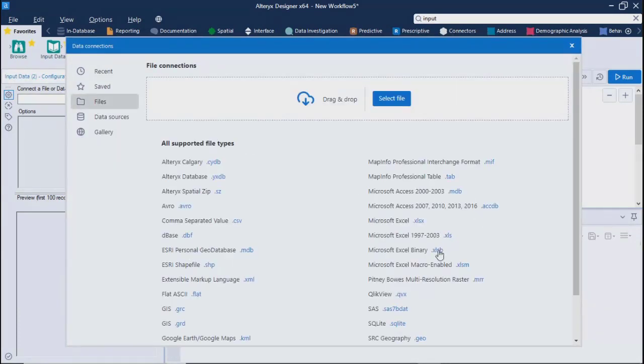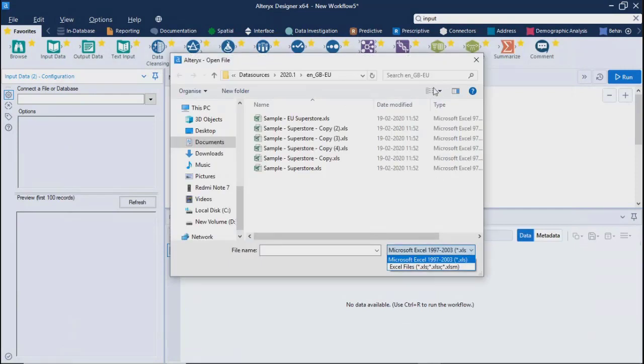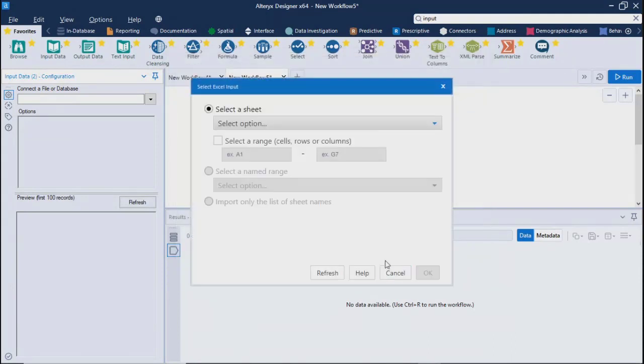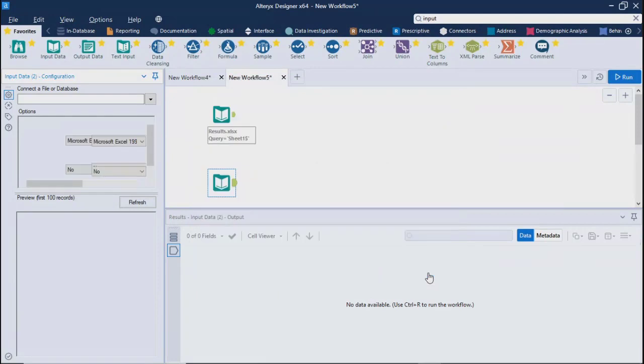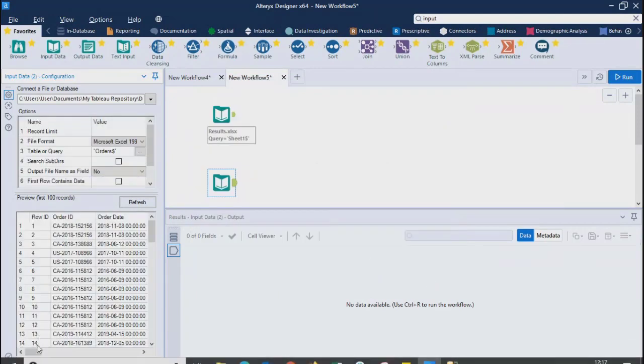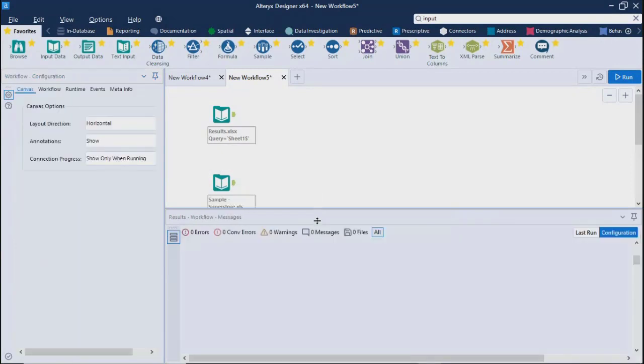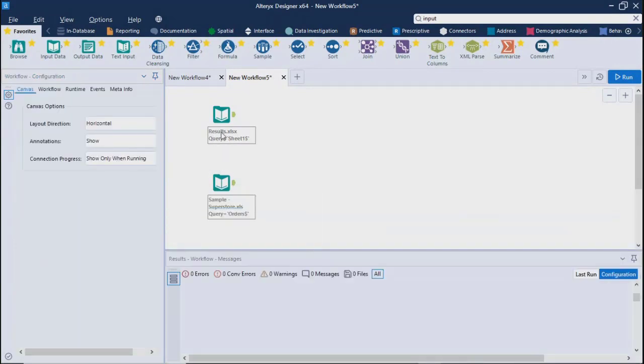So we'll go ahead and select not XLSP. We'll choose only Excel. Let's say Superstore orders. You can see first, you choose sample superstore, right? In first I have a sheet named results. In second, I have a sheet named sample superstore. So two data sets, over here sheet one, over here orders. These two sheets I have kind of connected to.